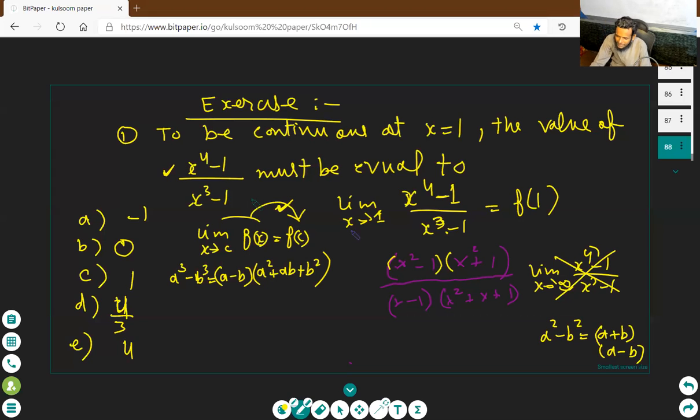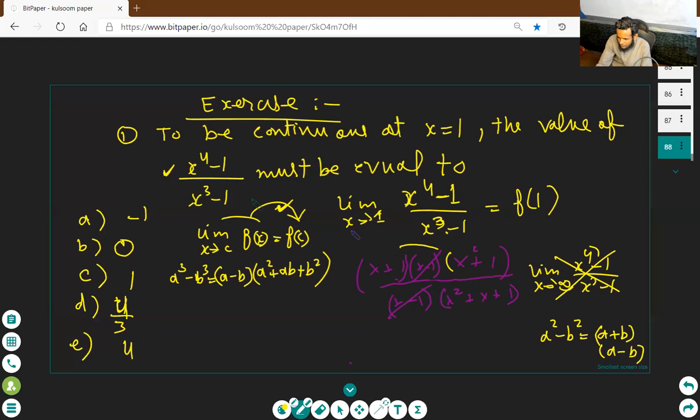You can again factorize, or not. Do the factorization on this. And you remember, we will put the limit when there is no 0 by 0 form. When there is 0 by 0 form, we will factorize. Sometimes we will divide every term.